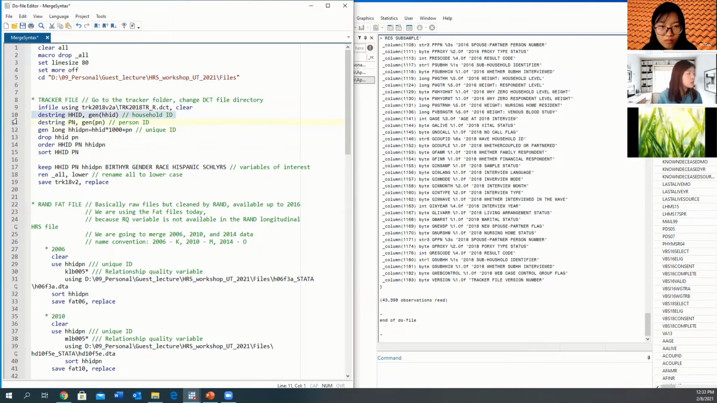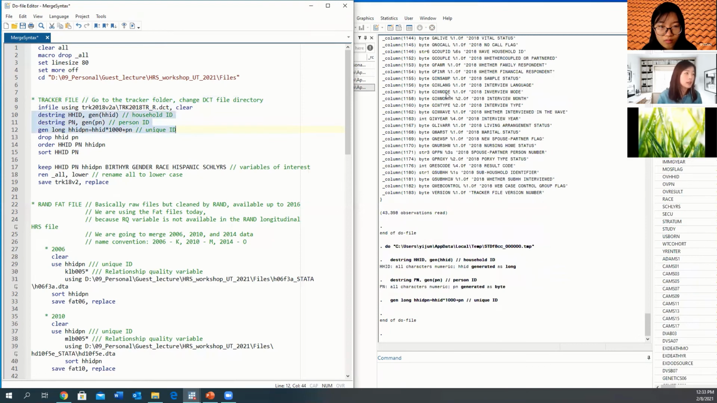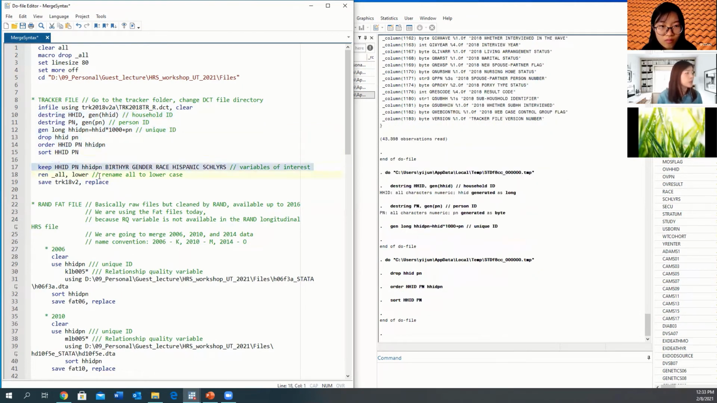So I'm going to destring these and generate HHID and sort by it. Make sure you keep, and in this case, if you're not familiar with Stata codes, what I'm doing is because this is such a huge file and I don't want to carry over this heavy file across all of my analysis, so I'm just going to keep my variables of interest and the 3 ID files